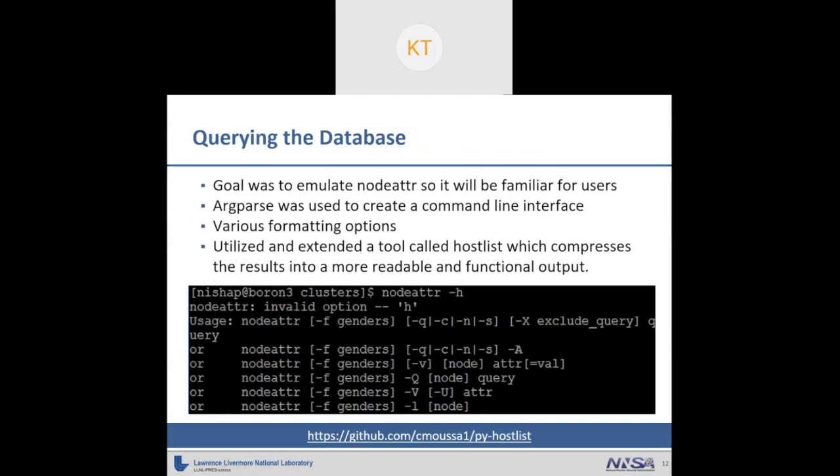Lastly, we created Python methods for users to query from the database through the command line. We use the argparse Python module to create command line options. GendersDB querying options mimic nodeadder, except that it gets information from the database. Users can give commands to display all of the nodes that have a specific gender, all the genders that exist,